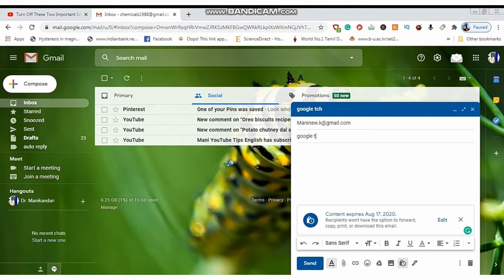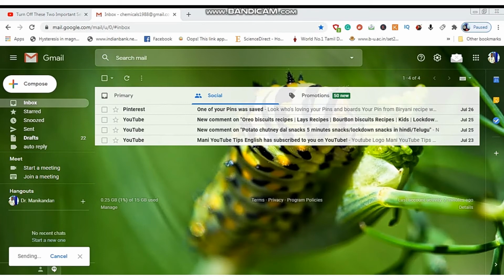Now I'm going to show you the demo right now. You can see here, I'm sending one email to my another Gmail account. I'm writing here Google Tech India 1.0, just to show the confidential email mode in Gmail, friends. You can see, this is a wonderful feature given by Gmail. Now I'm going to check and I will show you